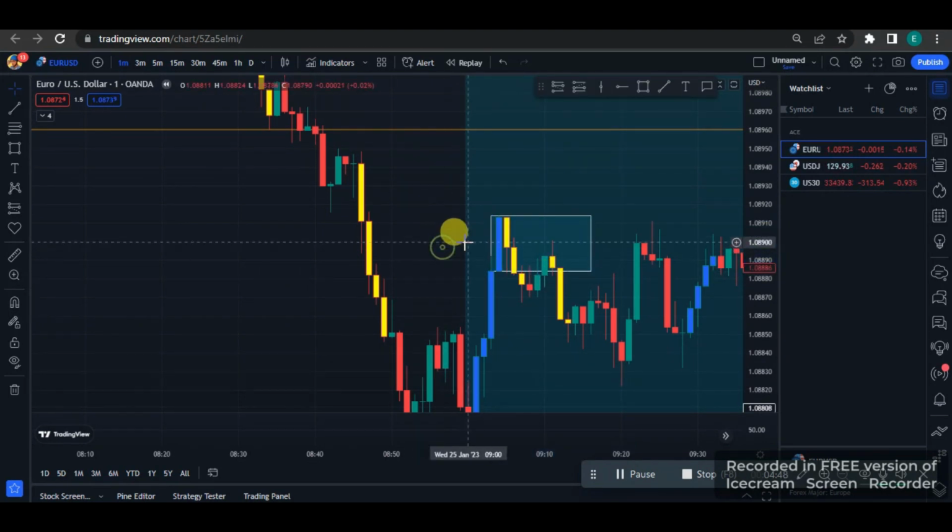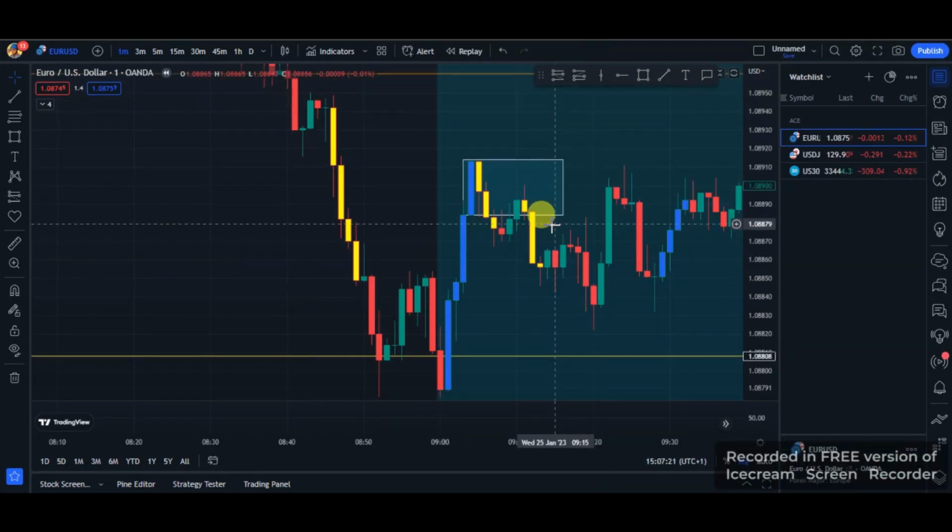So we'll be using the last bullish candlestick, the last opposite candlestick before the supply move to the downside, which is our order block. So this is our order block. All right, so as you can see, price came back, retraced back into this supply zone. Like I said, the yellow candlestick indicates a supply. Price came back to that supply zone, triggered us in,